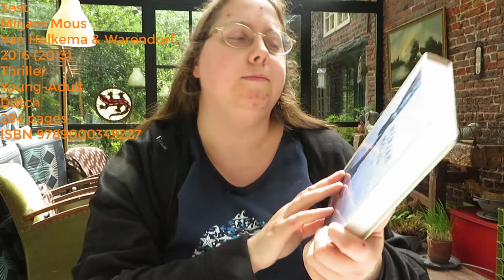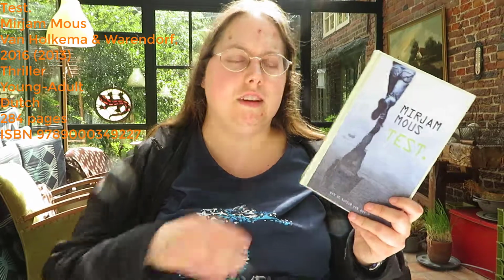The first book is Test by Mirjam Mous, and there's a dot there that's actually part of the title. This book takes place on the English coast, and a teenage boy named Elvis lives in an English coast town there. The premise of this book is that Elvis has agreed to meet a girl, her name is Talisha, on the pier. When he gets out of his house and steps on the street, somebody presses a note